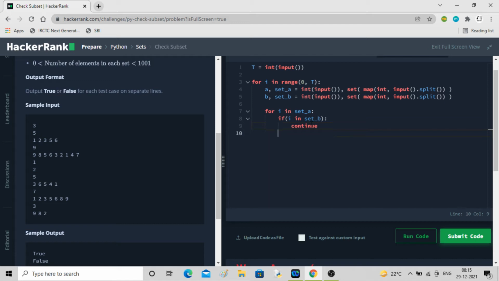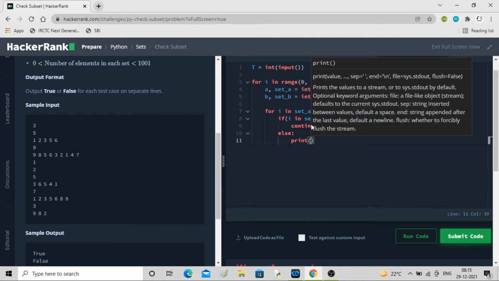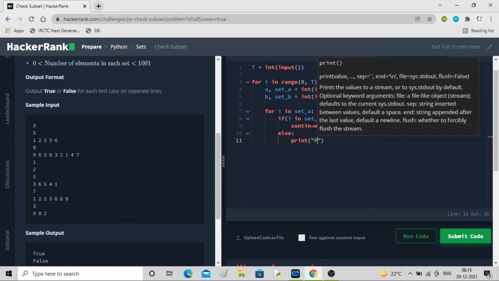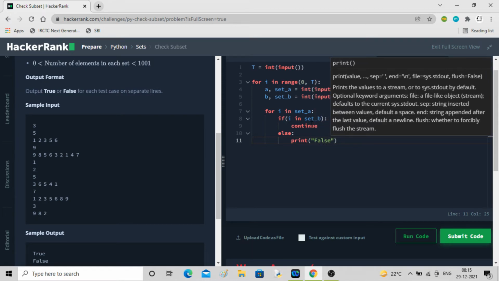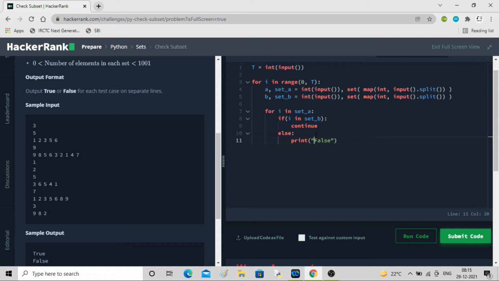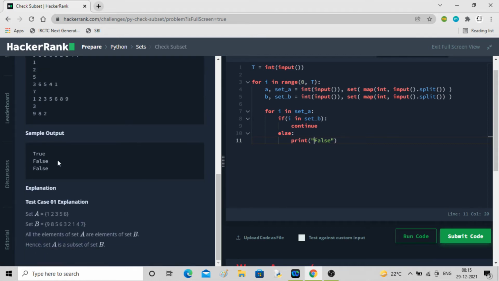Now if it does not find it, it will print false. Because if even a single element is not found in the other set, we can directly say that it is not a subset of B, and directly write false.